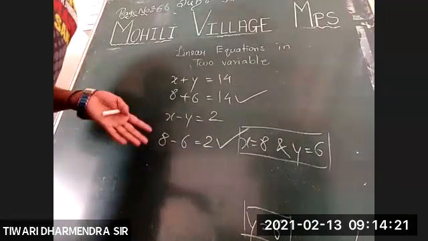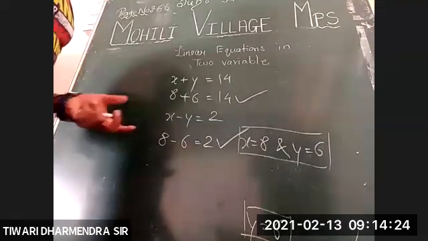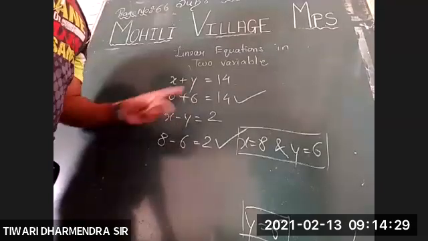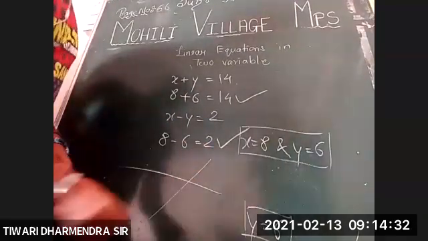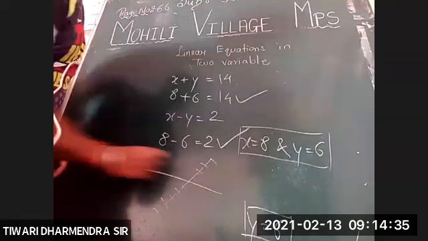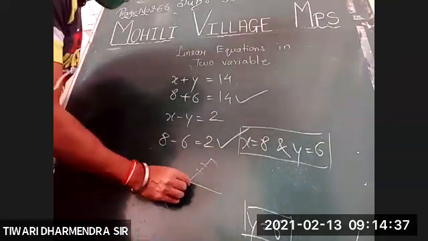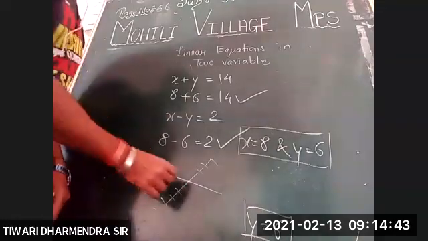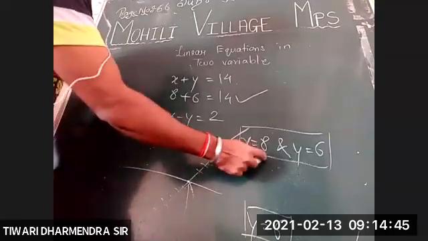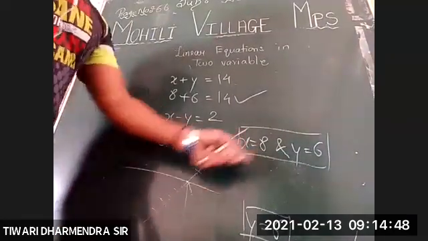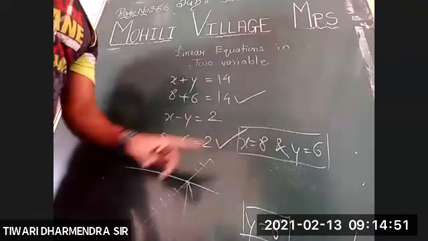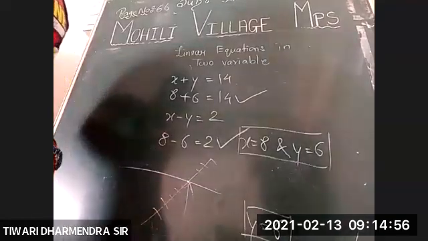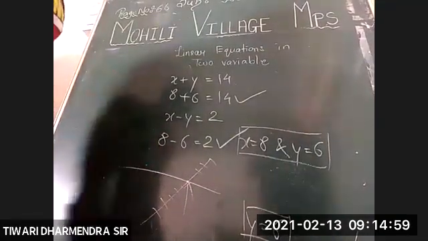So you will say, sir, what is the difference with the solutions that you told us, where we were getting many solutions? Here, a single line has many solutions, but when these two lines intersect, they have only one solution, at this point only. The solution that you get after solving is called the point of intersection, meaning that point which satisfies both the lines simultaneously. This is a common point for both the lines.